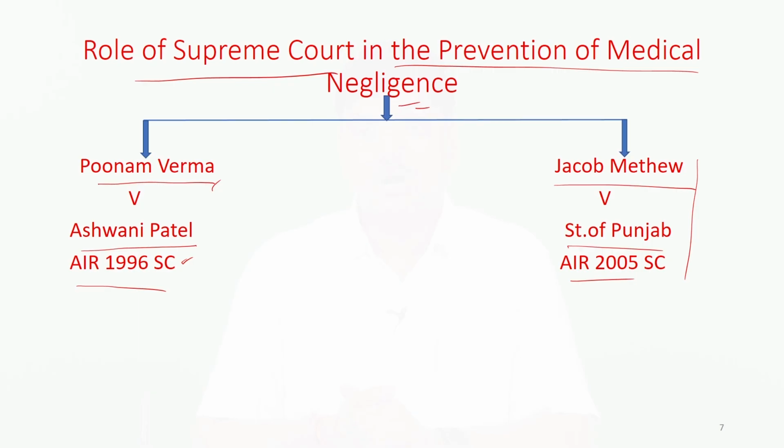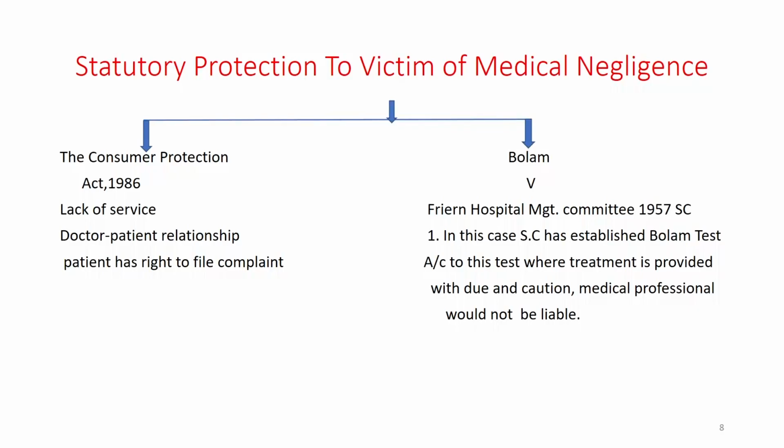This is another important effective measure which the Supreme Court adopted in this case, that such kind of doctors should be debarred from performing their medical profession, and their license should be cancelled. So, the medical council was also directed by the Supreme Court to cancel his license, so that he cannot repeat such kind of incident in the coming future. So, you see, this is all about one important case, Poonam Verma versus Ashwani Patel. I think that you all have understood the facts of this case. The second case is Jacob Matthew, and now